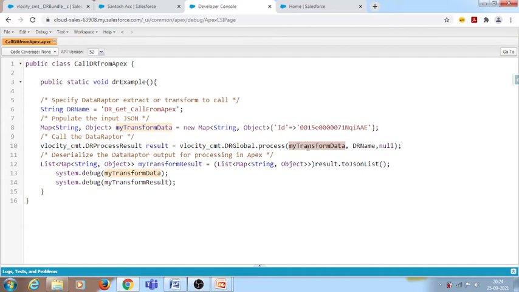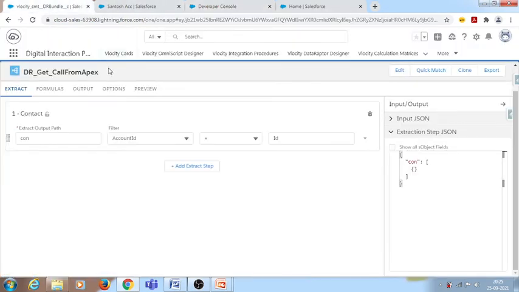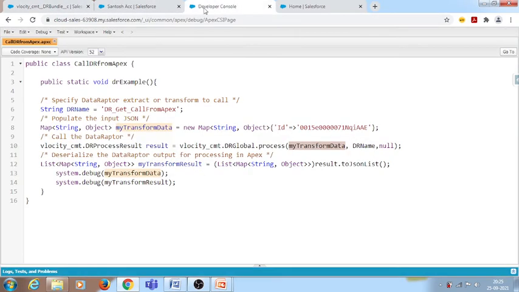That is the reason I told in the PPT that we will be having two process methods with different parameters. So coming to the second parameter, DR name. DR name is nothing but the data wrapper name which we are going to create using that. Here I'm giving a DR name. Then coming to the locally, it is null as of now. I'm giving it as null. So let's see this result.